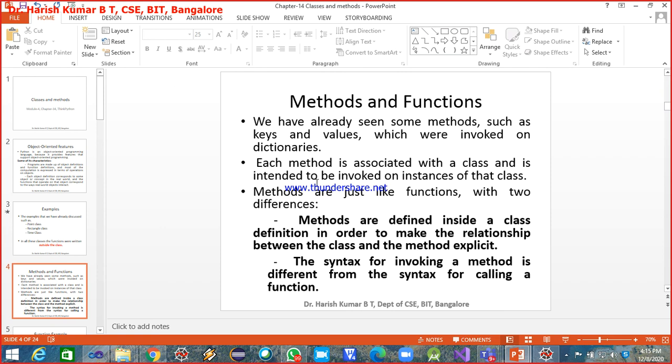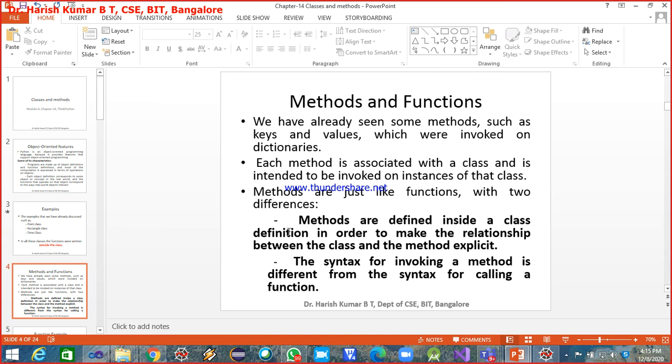Okay. Now each method is associated with a class. For example, keys is associated with the dictionary class, and values is again associated with the dictionary class. So each method is associated with a class and is intended to be invoked on an instance of that class. Okay. So methods are just like functions with two differences. Now what are the differences? So this is what you got to understand.